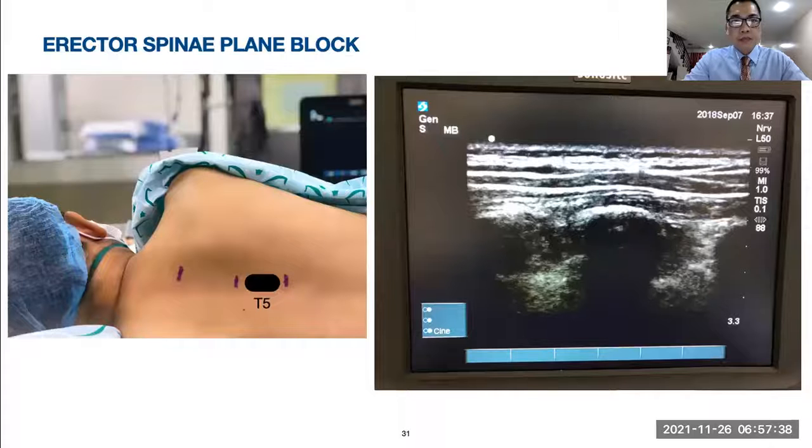The erector spinae block has recently been utilized for acute postoperative analgesia involving chest, thoracic, cardiac, and abdominal surgeries. It is also referred to as the paravertebral block by proxy, in which the local anesthetic is deposited at the costotransverse process, preventing nociception along both the ventral and dorsal rami of the spinal